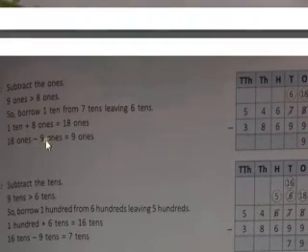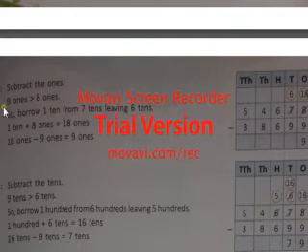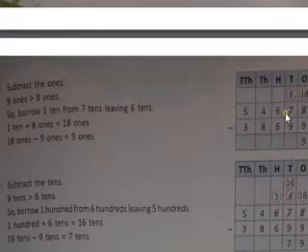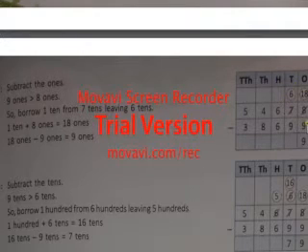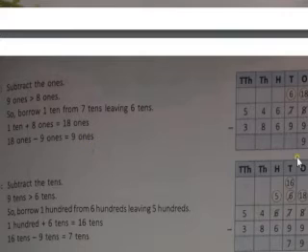You can see here, the third step, what it has been done. 9 ones is greater than 8 ones. So borrow 1 ten from 7 tens, leaving 6 tens. From here 1 has been taken, and now you can see this becomes 18, and here what is left? 6. So 18 minus 9 is how much? 9. And now 6 minus 9, it will not go. You can see over here 18 ones minus 9 ones, it has written 9.